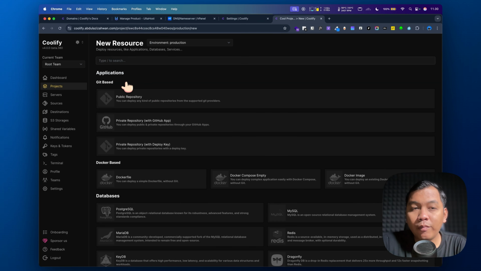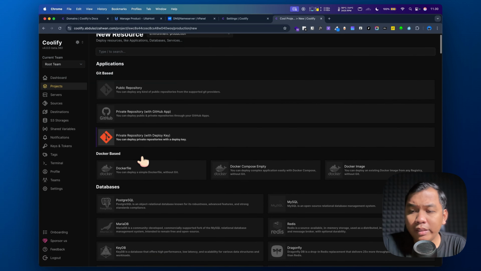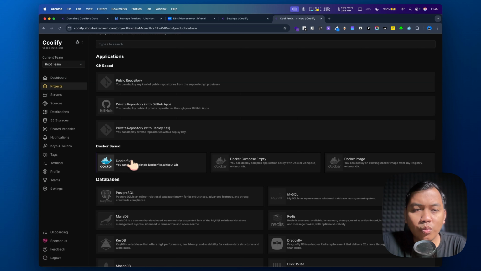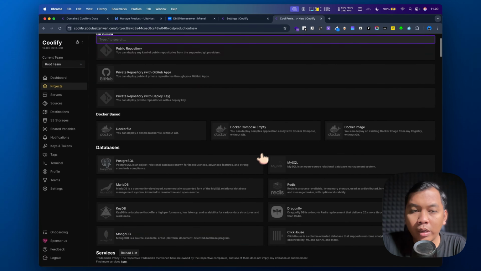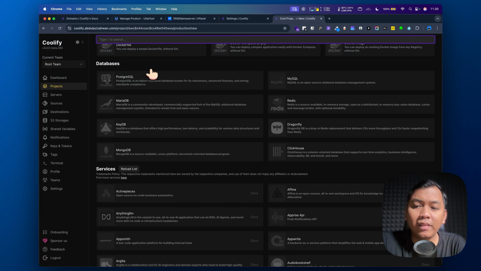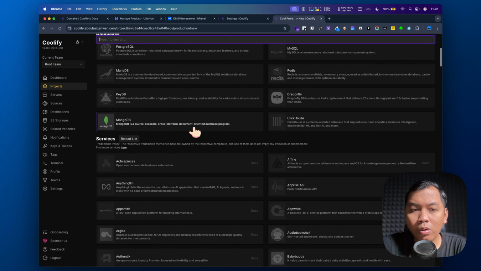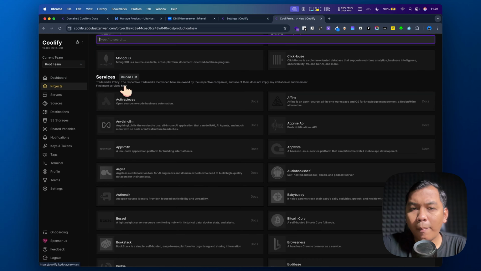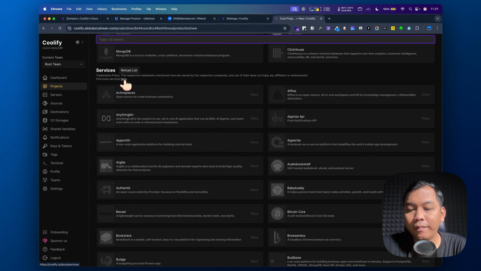We can add from Git-based, which is a public repository or private repository, like GitLab, Bitbucket, and so on. And we can also do Docker-based, using Dockerfile, Docker Compose, Docker Image. For the database, we have options such as PostgreSQL, MySQL, MariaDB, Redis, MongoDB, and the application. We have many options here.